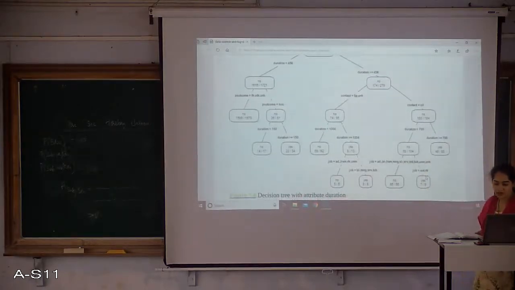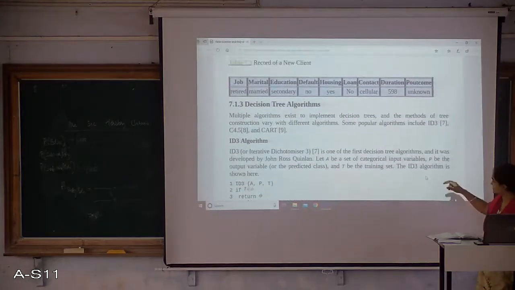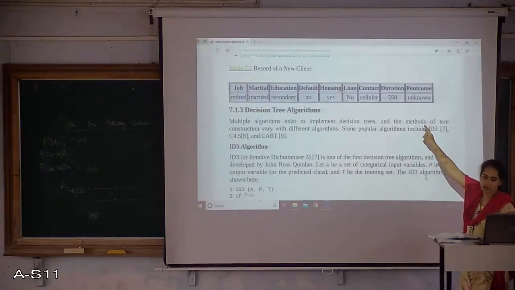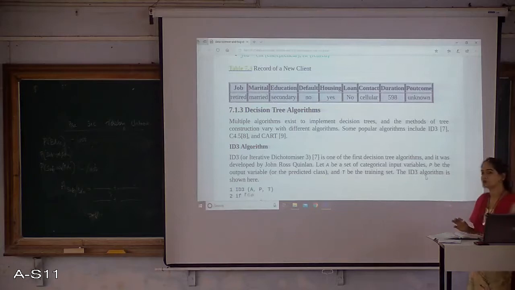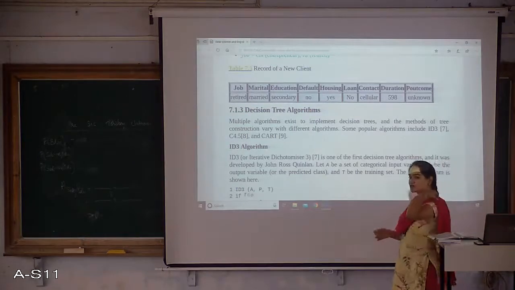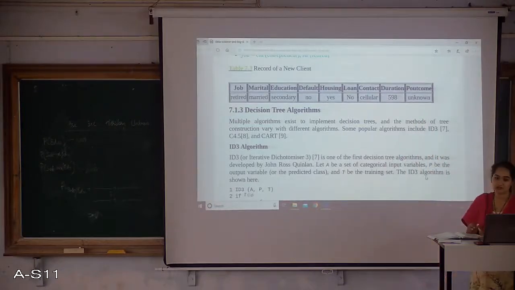So according to this, the test case falls into the yes category. This particular case falls into the yes category according to the training data set we used to develop the decision tree, and our decision tree is going to make a decision as subscribed equal to yes for this.